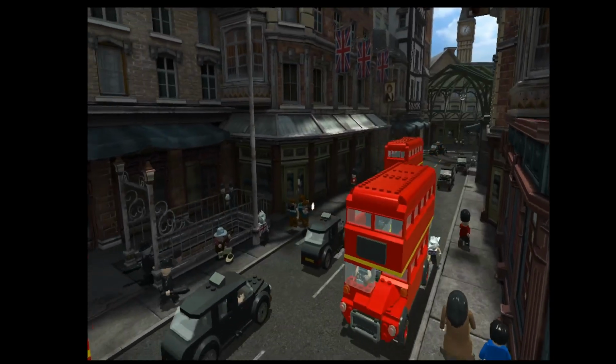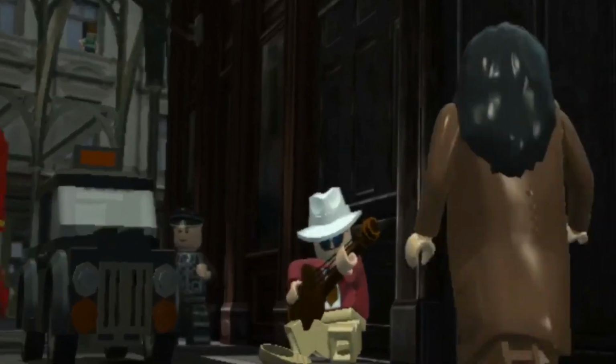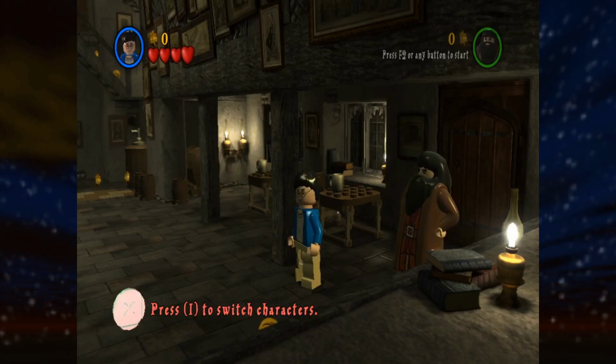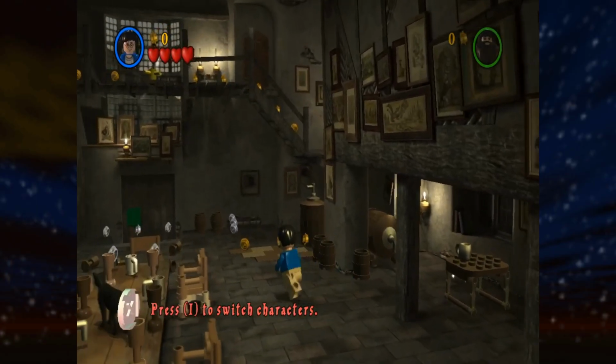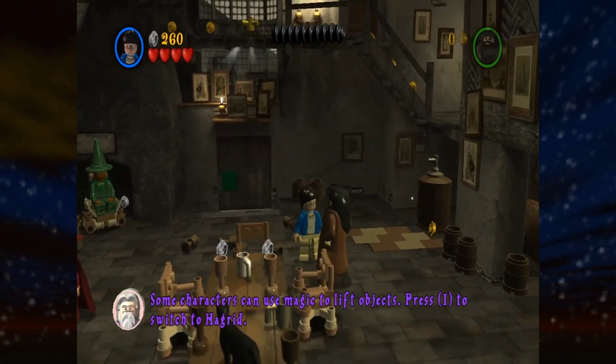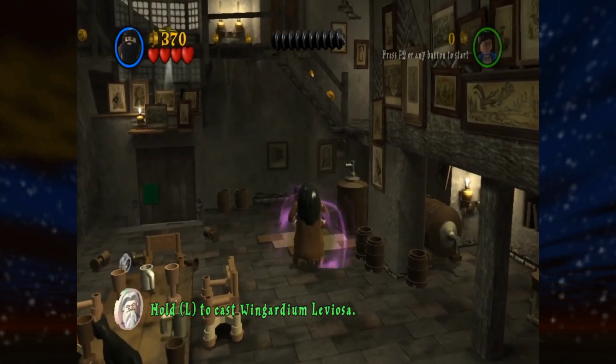The game opens with the cutscene we've seen before. Who's this guy? What is he even wearing? In the Leaky Cauldron, Hagrid, who recently just told Harry he is not allowed to do magic,